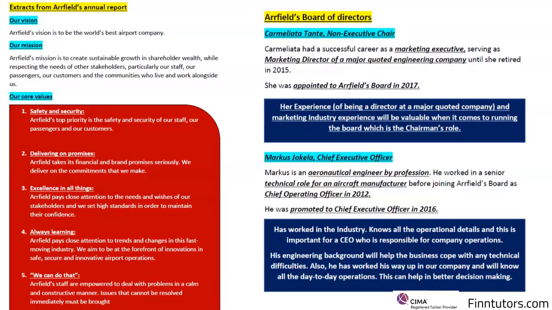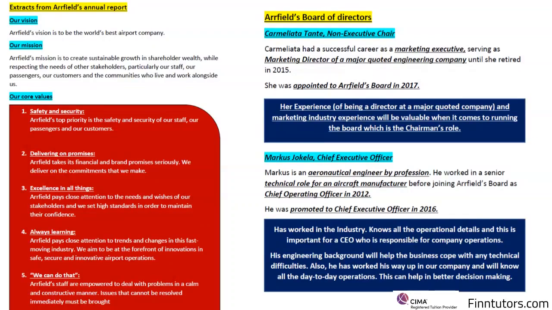Next, we are speaking about the board of directors of our company. These are very important people. These are people who run the organization, steer the organization, give direction to the organization. And you will carefully have to remember the names of each director. You will carefully have to remember what each director is good at, what their competency is, and then you will